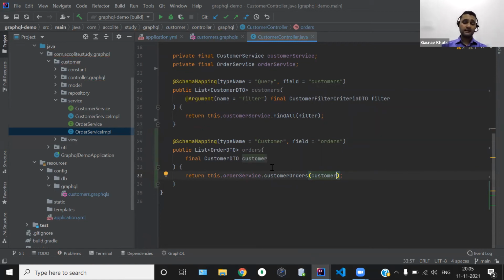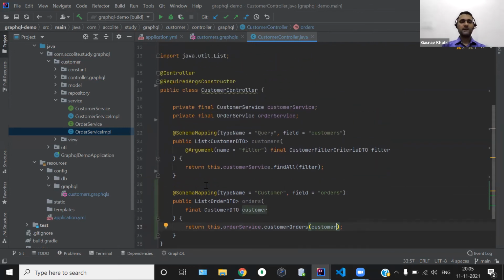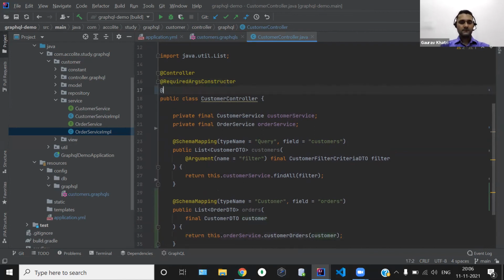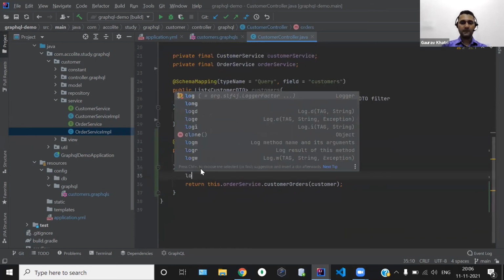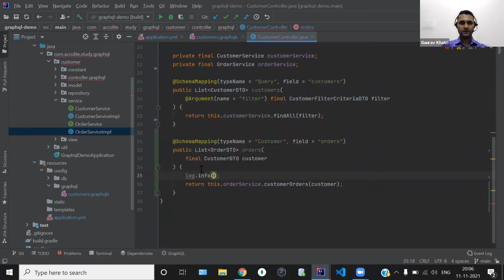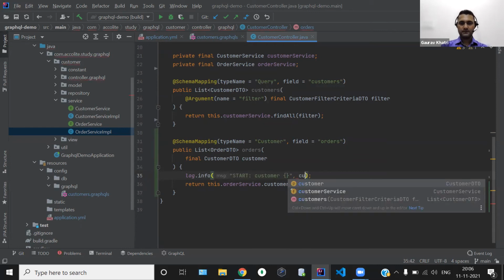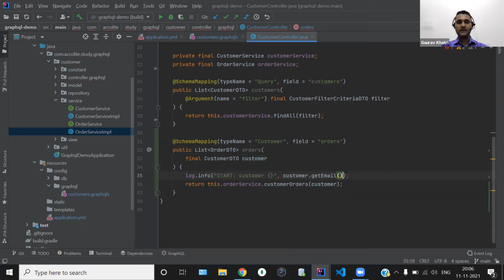Before I restart this application, I want to put one logger in this particular resolver function. So I will use the annotation called SLF4J, and I will type log.info, start, and the customer, using customer.getEmail. Why did I put the logger statement over here?